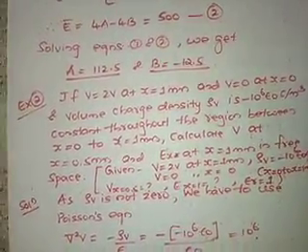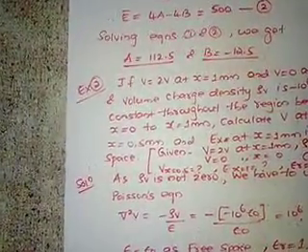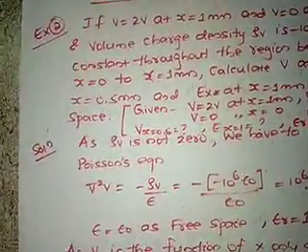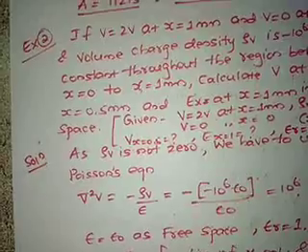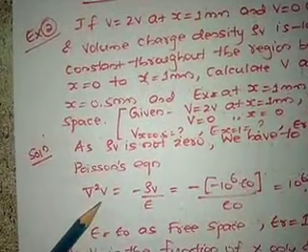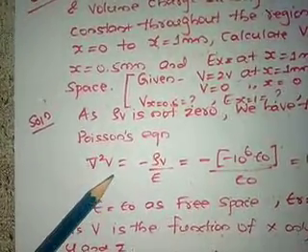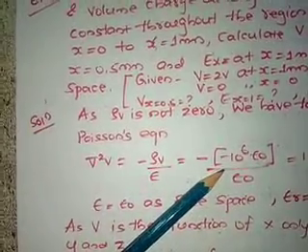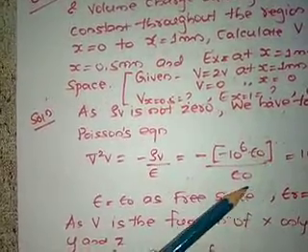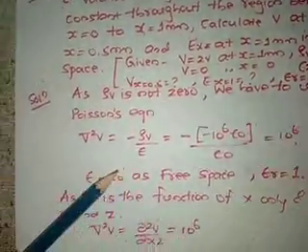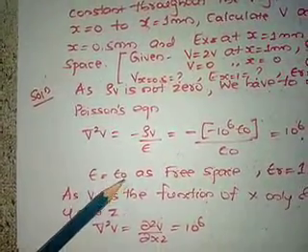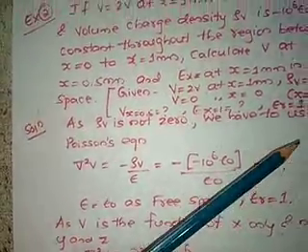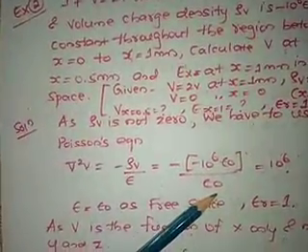Since rho V is not 0, the Laplace equation is not satisfied. For the Laplace equation, del square V is 0, that is, rho V is 0. So as rho V is not 0, we cannot use the Laplace equation here. We have to use Poisson's equation: del square V is equal to minus rho V by epsilon. Substituting rho V, minus of minus 10 raised to 6 epsilon naught by epsilon gives 10 raised to 6. Epsilon is epsilon naught into epsilon r, but epsilon r is 1 because they have given free space, air medium, so it is only epsilon naught.